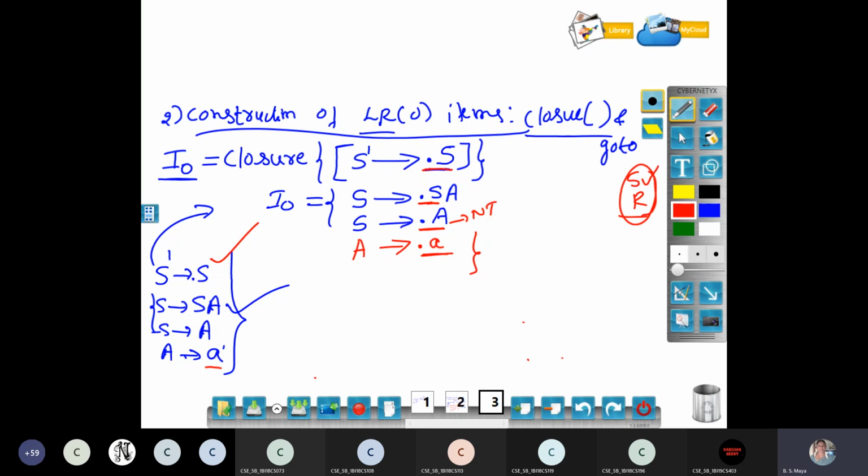Because of that, I am copying the dot at the beginning of S. Once you have copied that production, you have to check whether any non-terminal newly occurs right after the dot. Yes, I have a newly occurring capital S, but the S productions I have already covered. Then I have one more, capital A. Capital A is the new thing. For that, I have to visit all the productions of A. I have to copy A derives dot A as a production in this grammar. Okay.